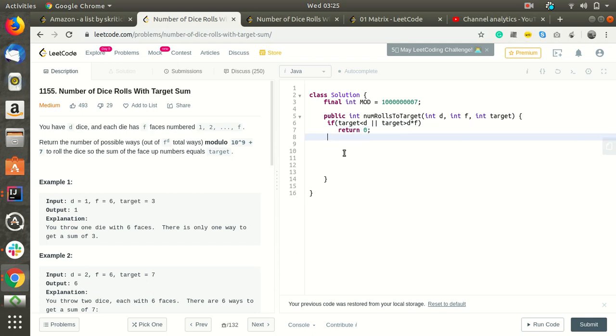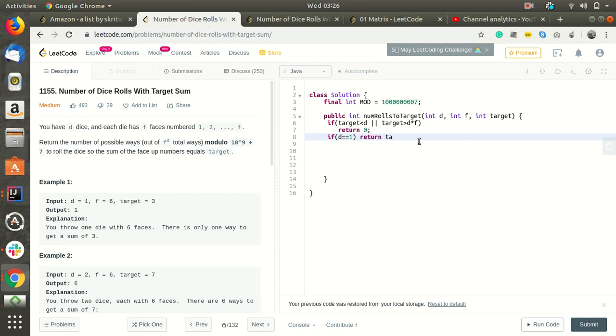So now another condition: if D is equal to 1, so now we have one dice left. If D is equal to 1 and target is less than or equal to F, suppose target is 6 and F is 7, it is achievable since we can have valid values from 1 to 7, and 6 is a valid value.